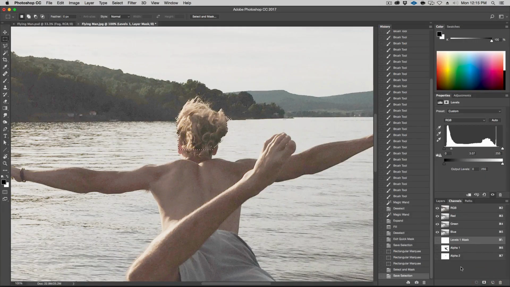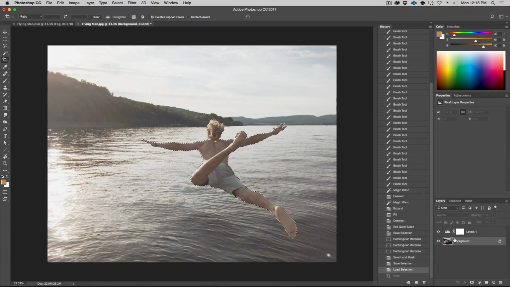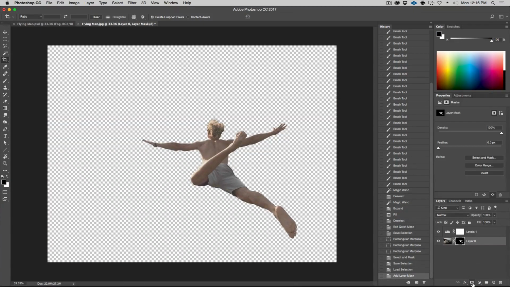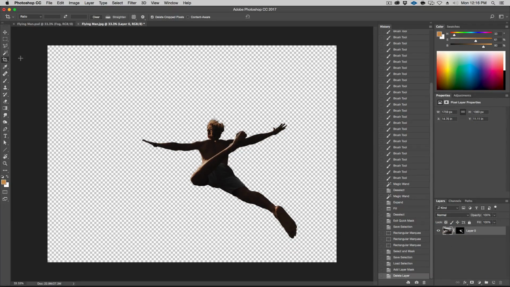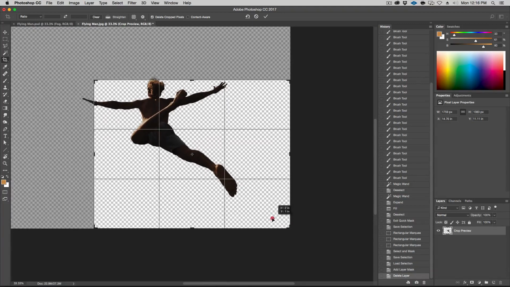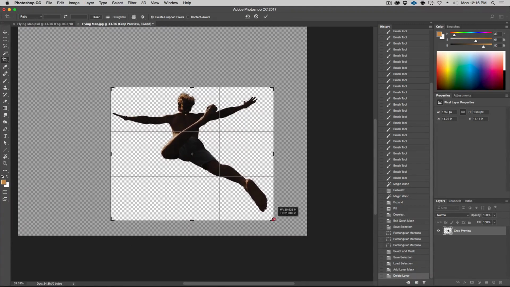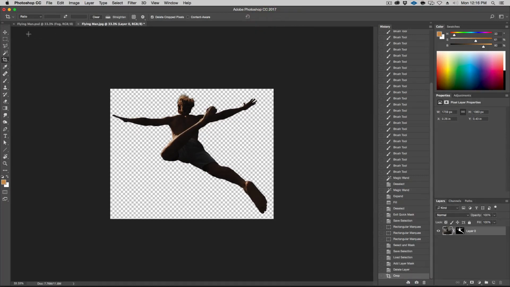Make a new mask, and then Command Shift to add this first one. Here we go. All right, now that we have the selection, just go ahead and hit mask like this, and we can get rid of this levels layer right here. So let's just go ahead and select that and hit delete. And then let's go to the crop tool and just crop this so that we don't have too big of an image. Whoops, undo that. Right here, like so. Make sure Delete Cropped Pixels is checked, and we're done.